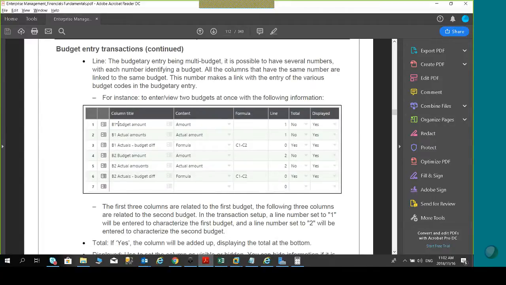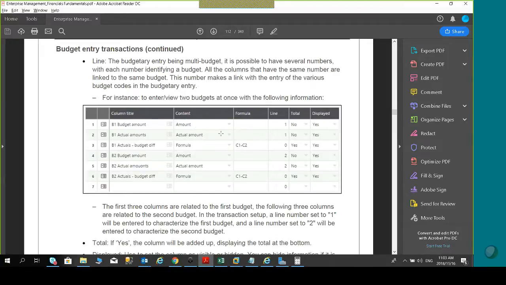You see, even to avoid confusion, they added B1 in the title already, so you know that the first 3 lines have got to do with the first budget, line 1, they displaying the columns, and they only adding these 2. The budget difference would be between the actual amount